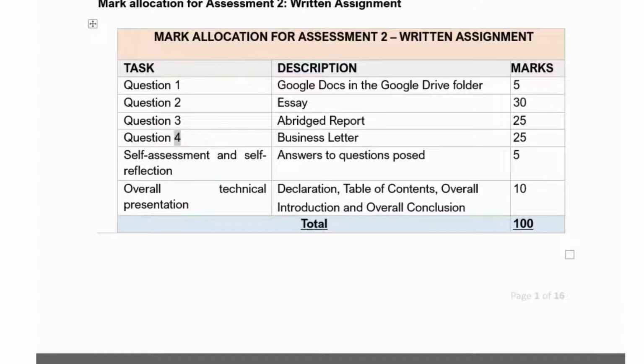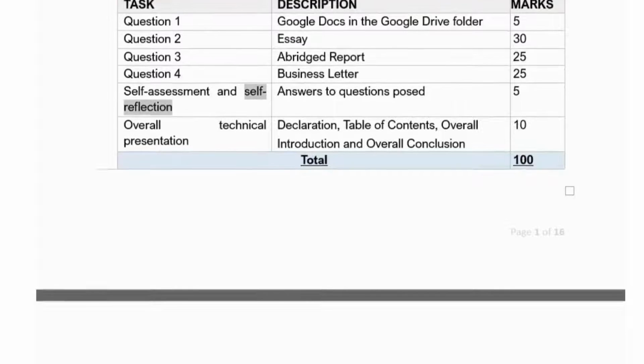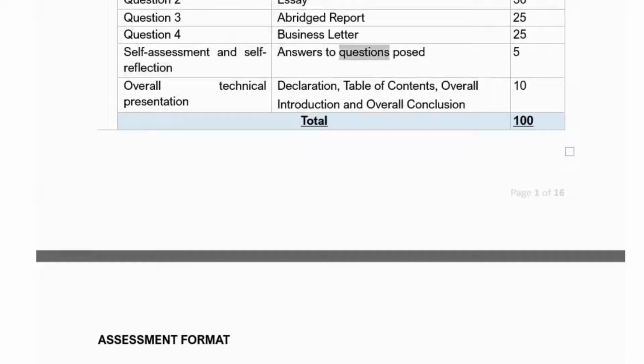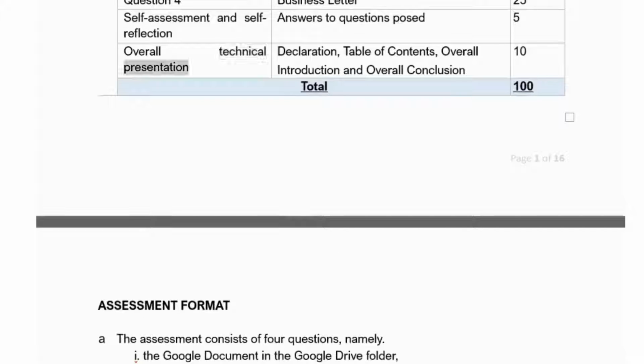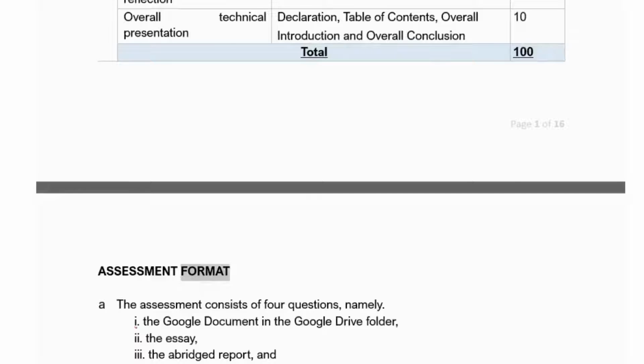Question 4, business letter, 25. Self-assessment and self-reflection, answers to questions posed, 5. Overall technical presentation, declaration, table of contents, overall introduction and overall conclusion, 10. Total, 100.